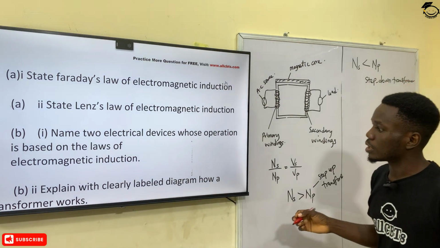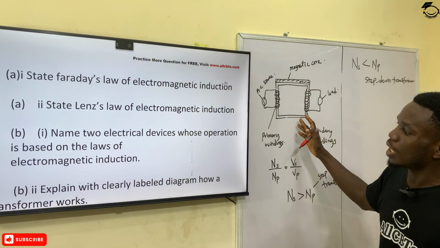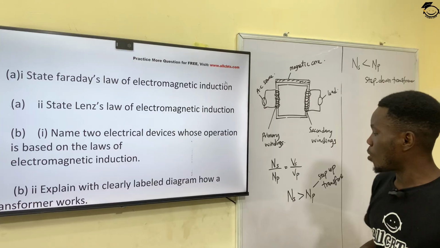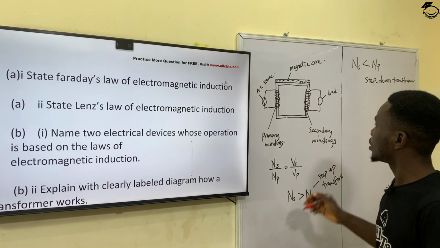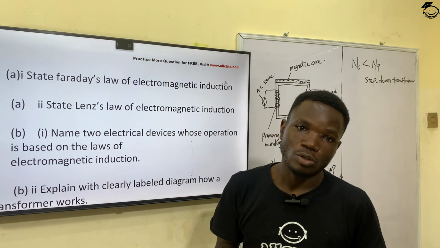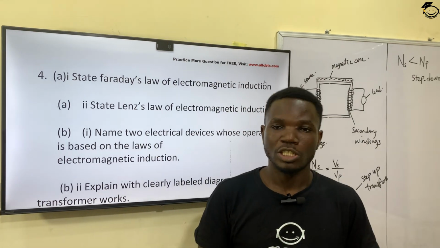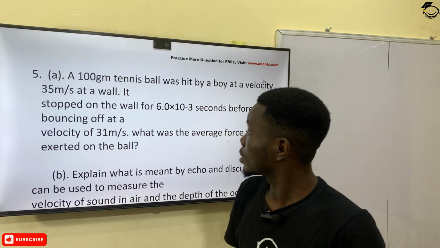So this is the well-labeled diagram that explains how a transformer works, and this is the principle by which the transformer works. That's why you now have two types of transformer, which are the step-down transformer and the step-up transformer. To the next question, it says